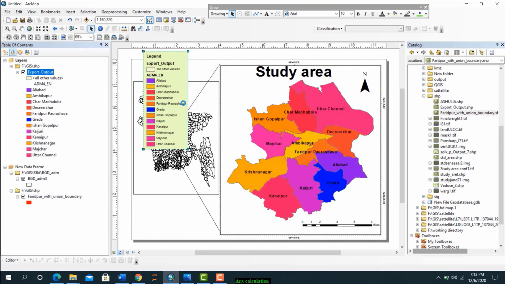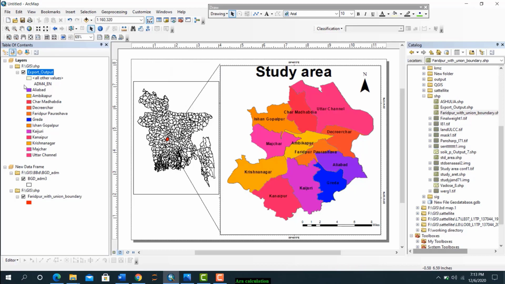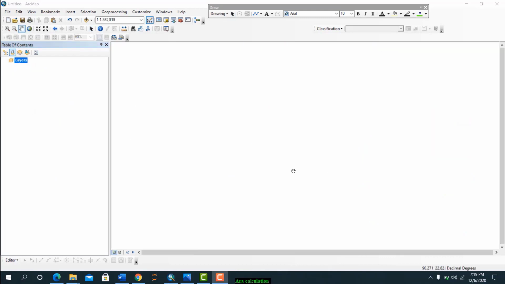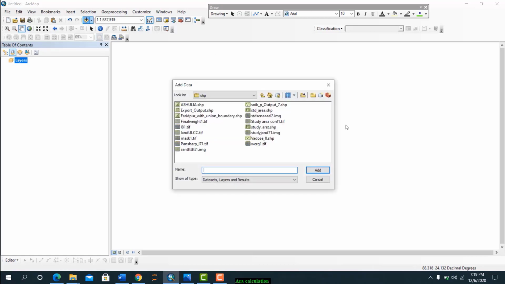You can do many things with this, but our focus is not that. We want to create another location map where we can see where is the river, where is built up areas, everything. That is, we want to create another study area with a satellite image. So remove all of these. Okay, to make a desired image map, you have to at first download satellite image. So if you don't know how to download one, then you can watch my video on how to download cloud-free satellite image. Okay, then extract that satellite image